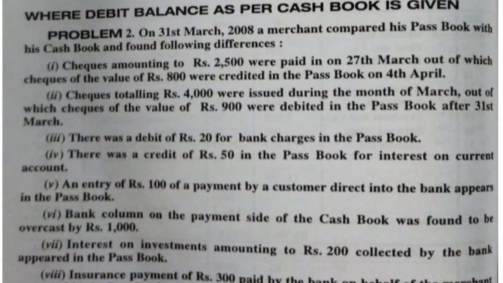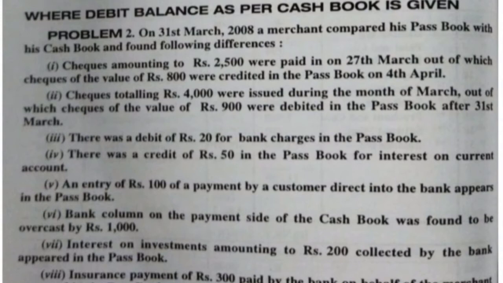However, if Bunty is recording in his cash book that excess payment on the payment side, it is no duty of the bank to know the balances from Bunty and record. Okay, it is a mistake by Bunty that he overcasted the balance on the payment side by rupees 1000. He recorded excess of rupees 1000. Therefore, anyhow, in the passbook there will be no change.